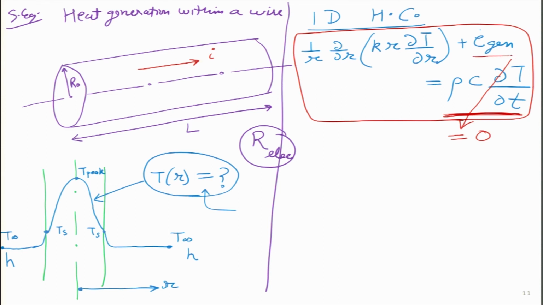What about this second term? Can I make E dot gen equal to 0? I don't think that we can, because a lot of heat is being generated inside this particular wire. If the current is high, then this I square R electrical is the actual power which is being generated over here. In other terms, this is what we were calling capital E dot gen.